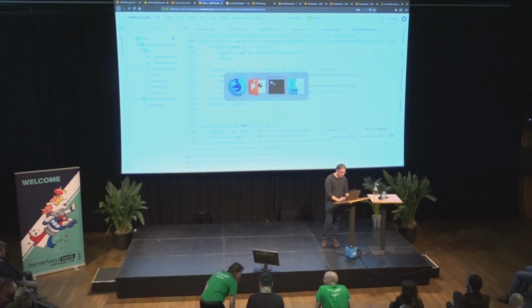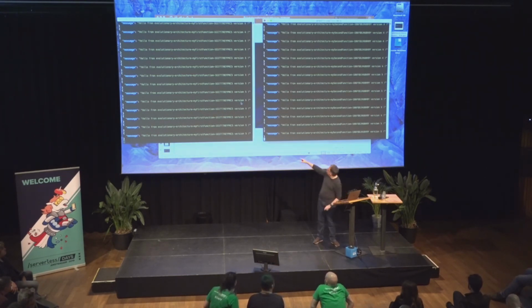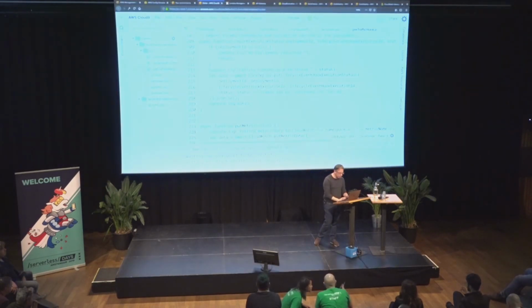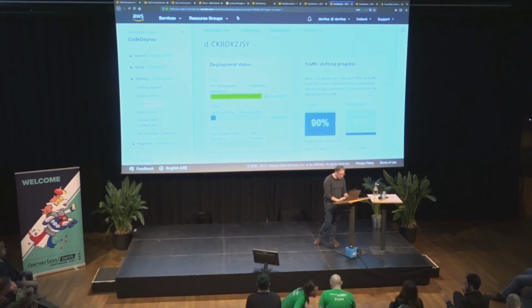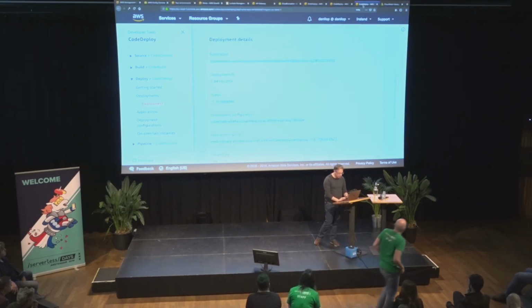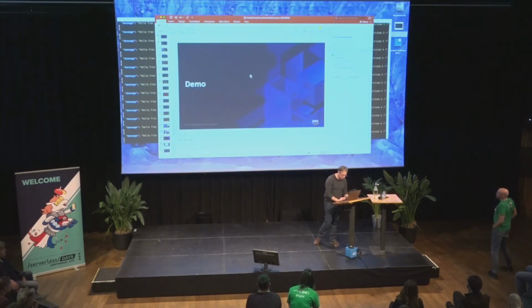So I think now the deployment is probably almost done. No, still going on. But on the left, we're almost always in version 5. Here on the right, I think the Canary deployment just terminated. Now we switch everything to version 5. So the Canary deployment has succeeded, and the other deployment is, I think, at 70%, so almost done.